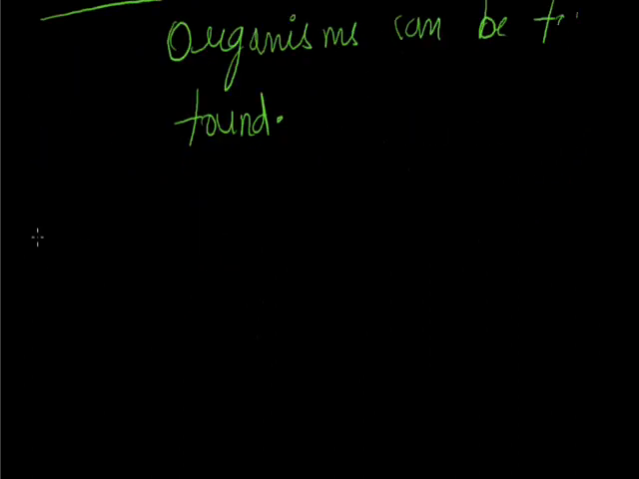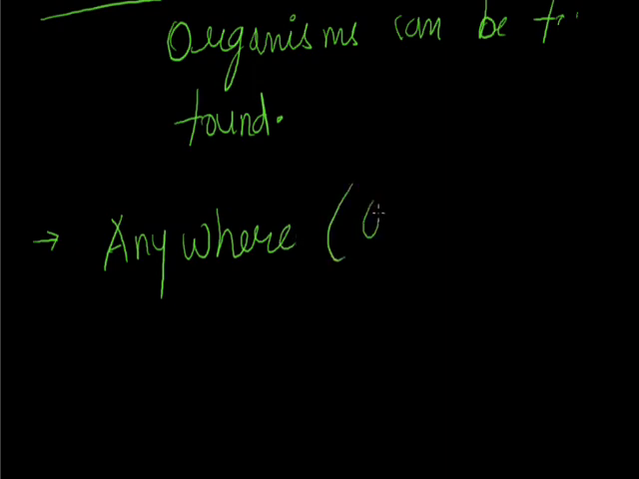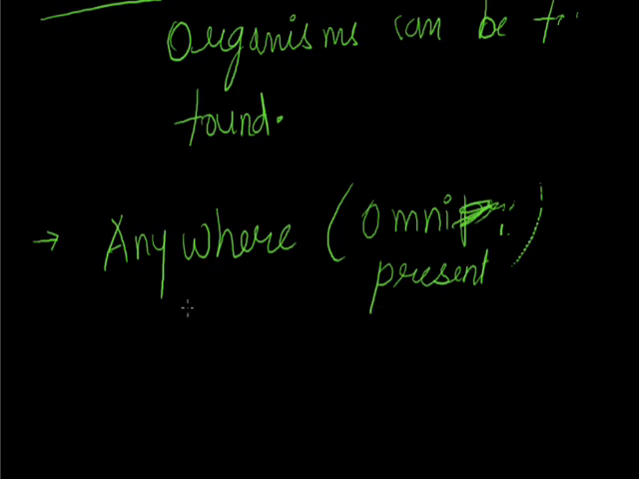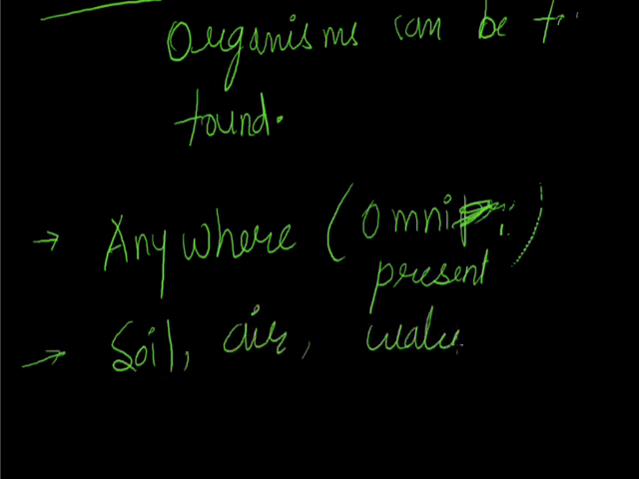So, habitat for microorganisms. Microorganisms can be present anywhere. This is called omnipresent. They are universal. They can be present anywhere, for example in soil, air, water, and in very polar regions, snow,